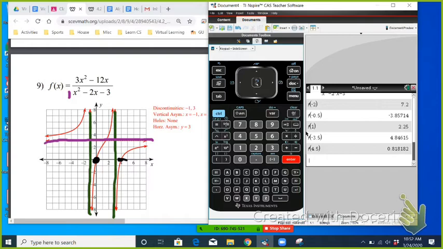So what you do is after you graph all your asymptotes and your x and y intercepts, you plot a point in between every vertical asymptote and the x-intercept. So what I did on the calculator here is I typed in f of x, you can't see it, but it's right there, and then I plugged in -2 because that's the point to the left of this vertical asymptote. And I got that it was 7.2, which means it's above this horizontal asymptote, so that means this whole part